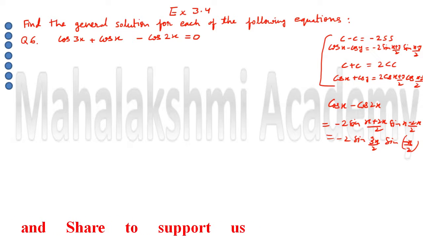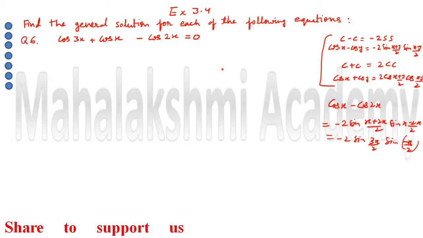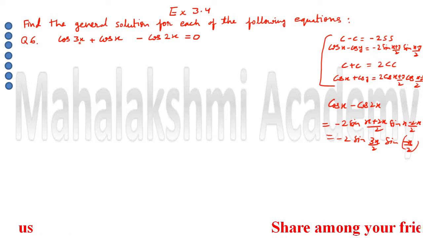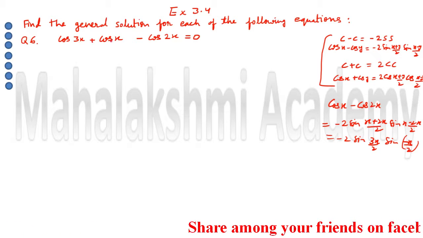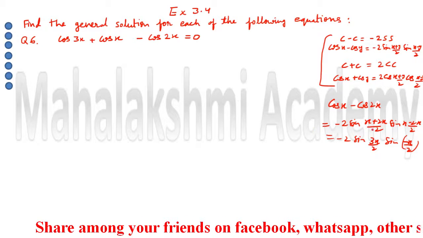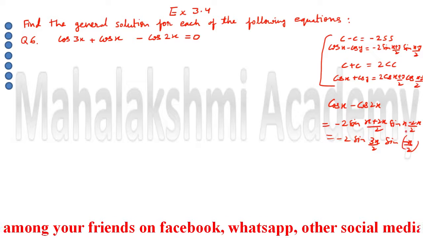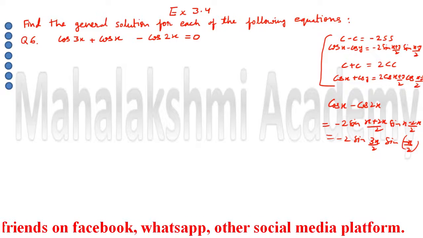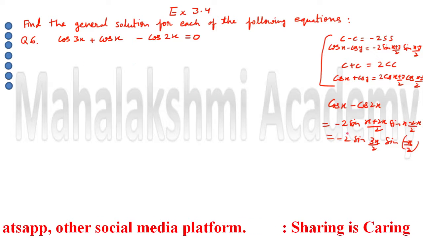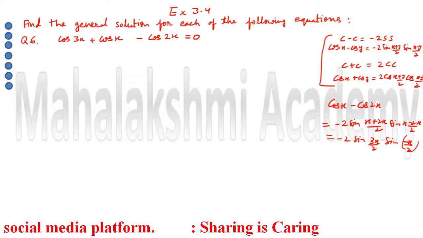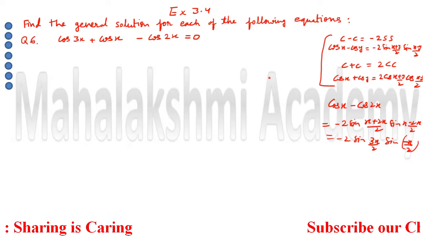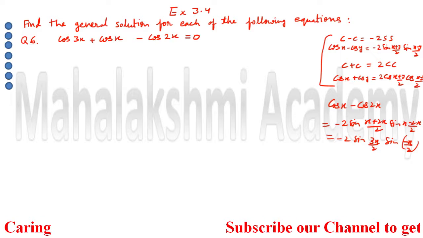The second thing is that after using the formula, we should achieve the remaining trigonometric ratio's angle. So if you select these two trigonometric ratios, then among the remaining, at any one place, 3x should appear so that we can take it common. So the conclusion is, if we take them, we are not going to get success. That's why we should not select cos x and cos 2x.